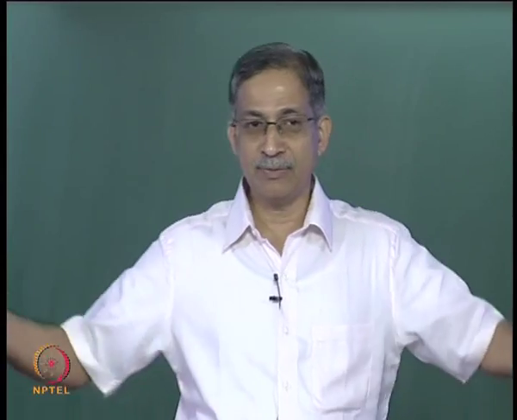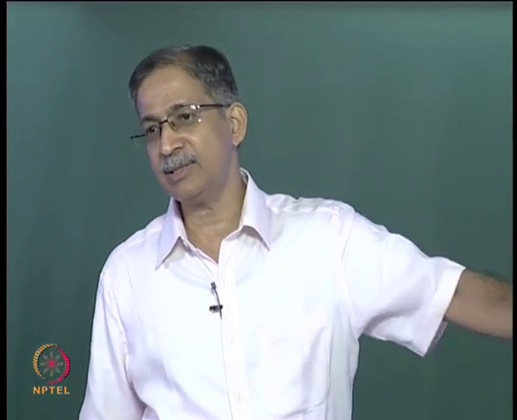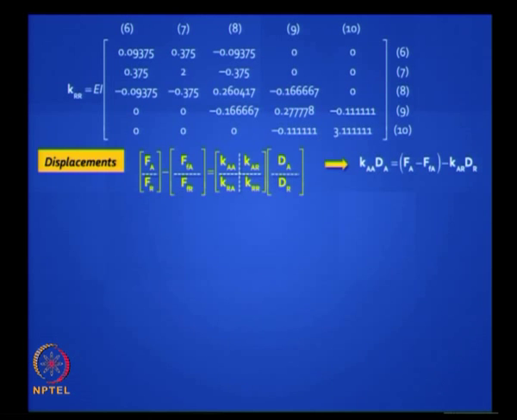What do you do next? You have got the structure stiffness matrix, you can handle any load on this structure, any load. This load is a special case. So what should you do next? You should write down the equilibrium equations and pull out the first equation. If you look at the first equation, FA minus FFA is equal to KAA into dA plus KAR into dR.